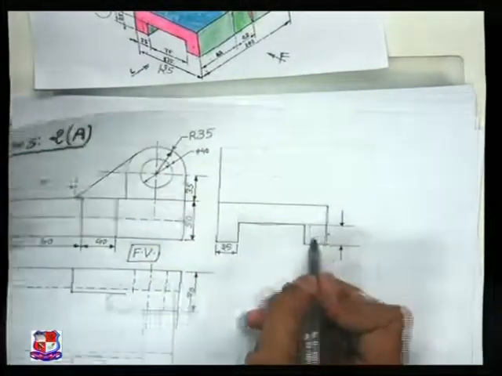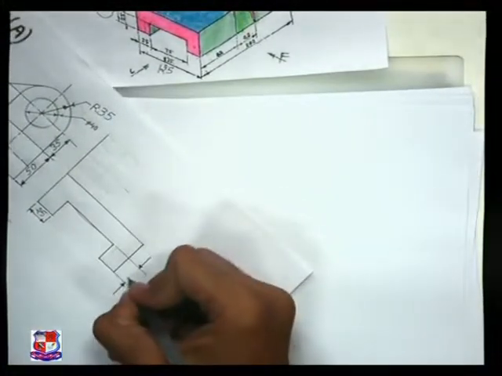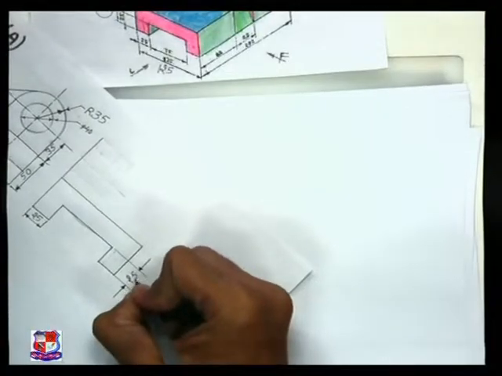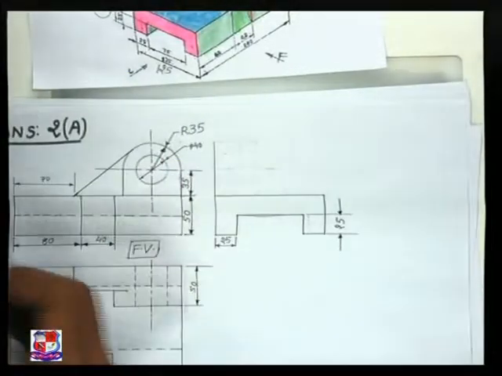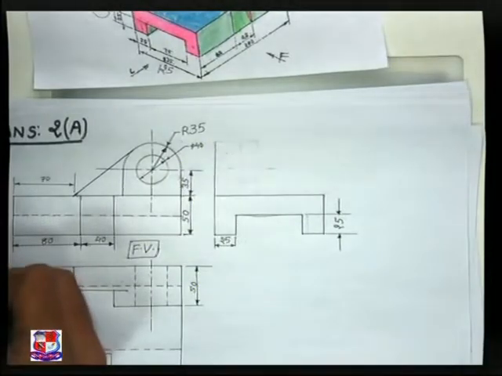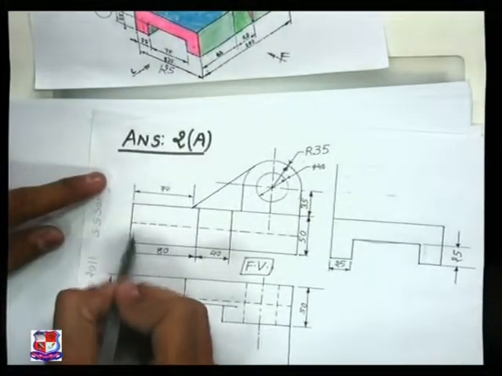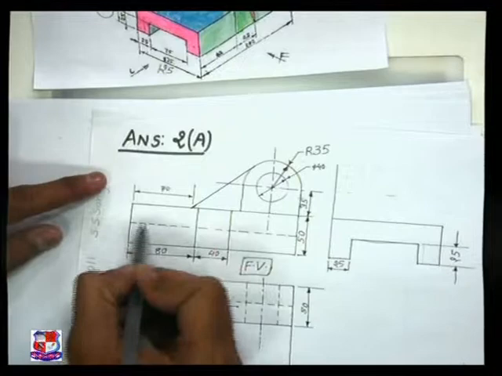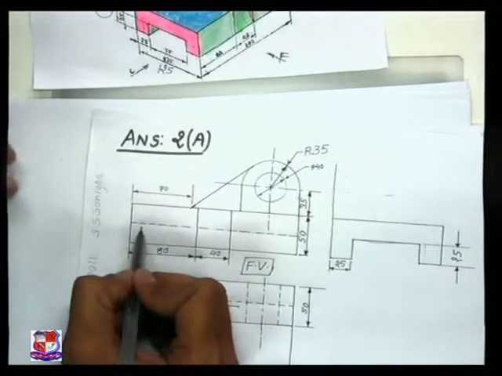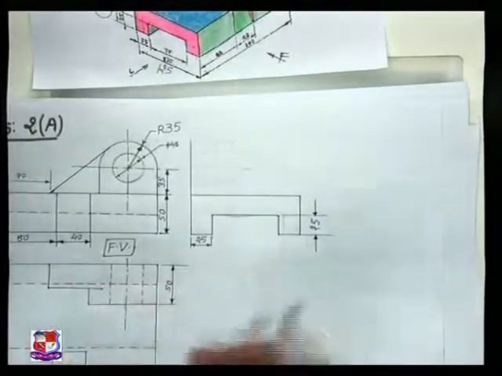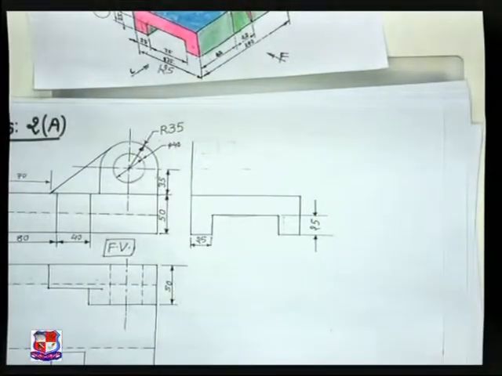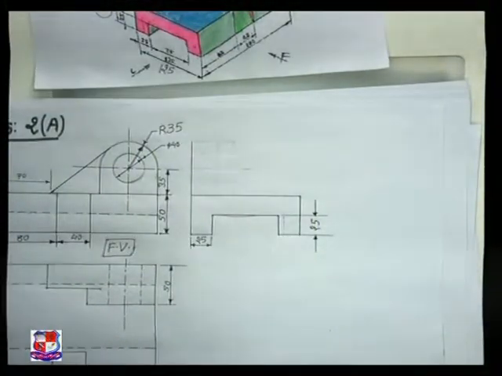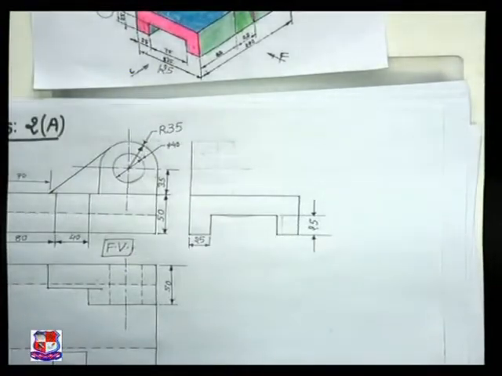Suppose this height is say 25 mm over here, you write 25 over here, right? And this edge is projected over here, so that dimension should not be inserted over here like this. Over here this dimension is also 25, but here a dotted line is there, so at that place the dimension should not be inserted. Dimension should be inserted wherever the solid lines are there, if possible. If not possible, then we can use the dotted lines.